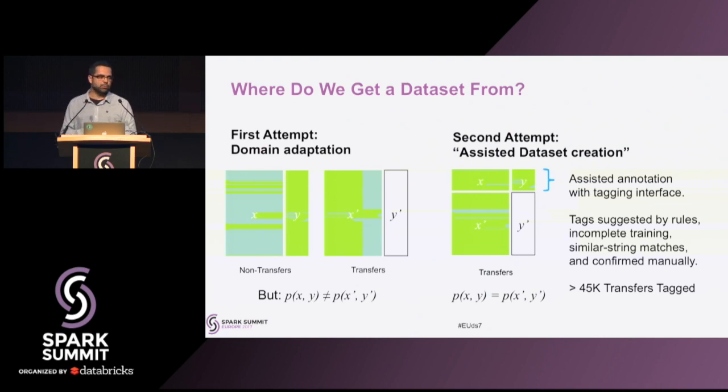So we did a stratified sampling per month of transfers of the previous year, and then we had to annotate them manually. We annotated more than 40,000 transfers manually. When I say manually, it was not us tagging transfers one by one. It was actually us, but we resorted to a few hacks to make the thing a bit faster. Basically, in the short story,